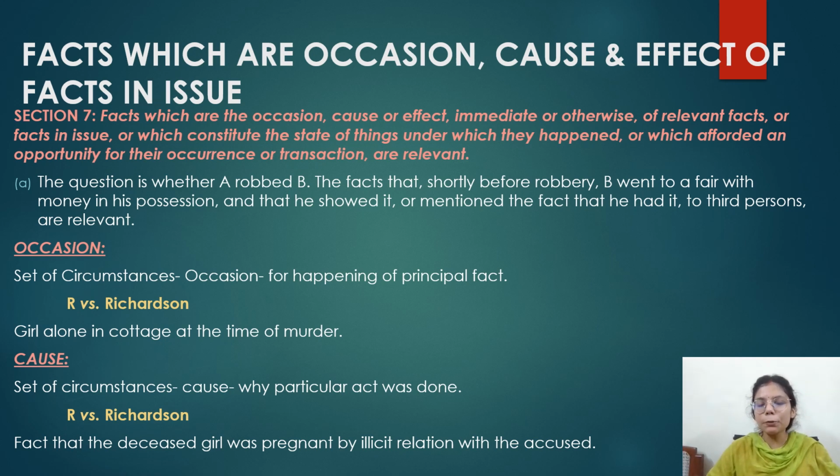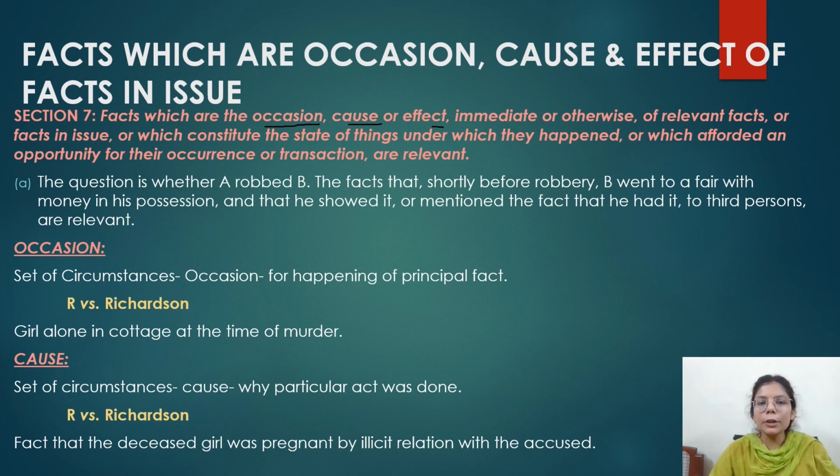For example, if a person was murdered and there were imprints of the shoes of the murderer or of the accused, this would be considered as the effect of the fact in issue. Section 7: facts which are the occasion, cause or effect, immediate or otherwise, of relevant facts or facts in issue,